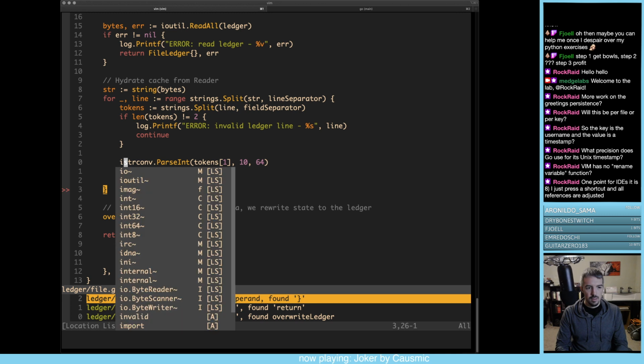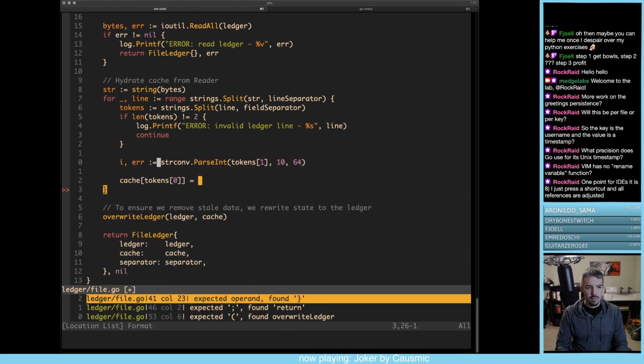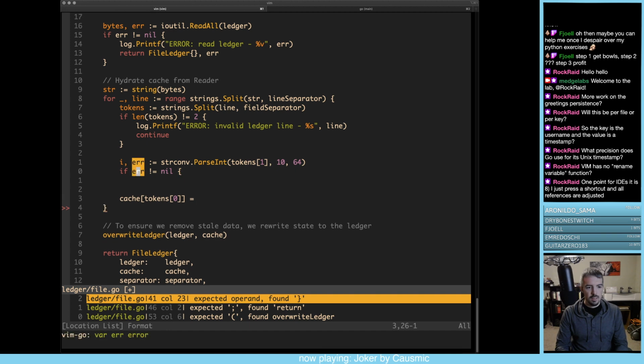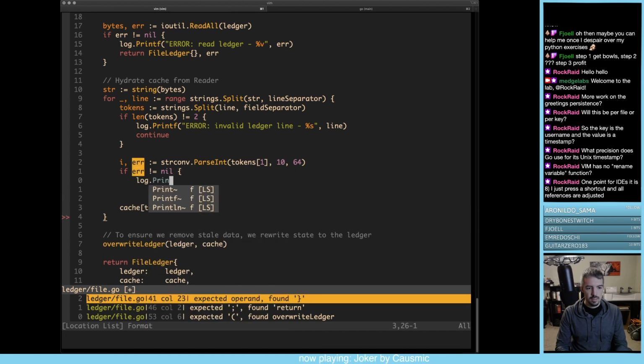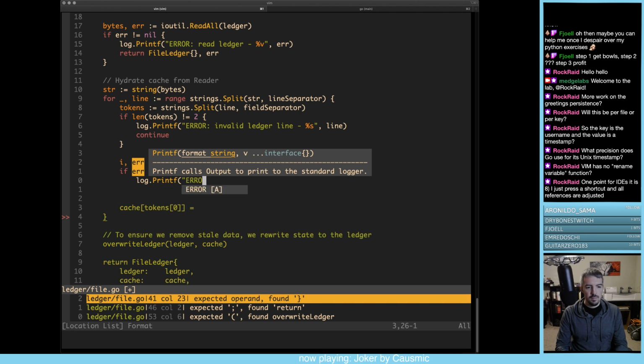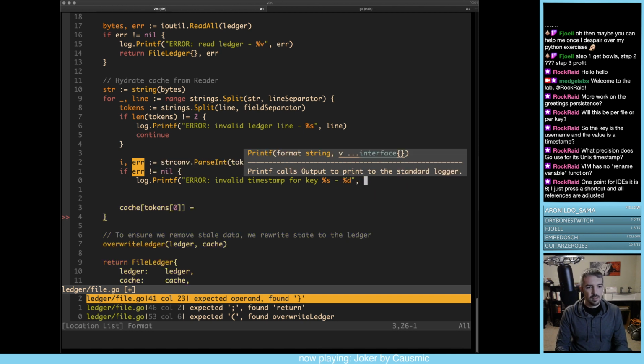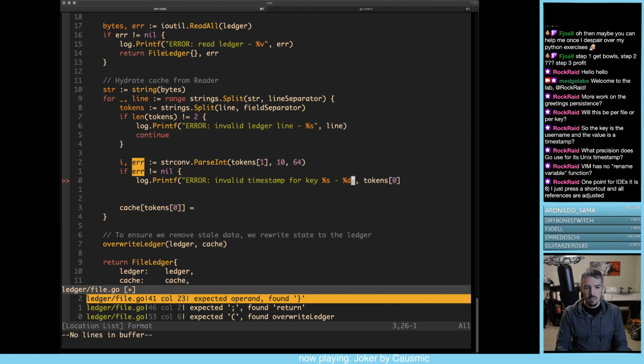So I, error equals, if error is not equal to nil, log.printf error invalid timestamp for key. This would be %d. Would be tokens 0. And actually, since this is a string,